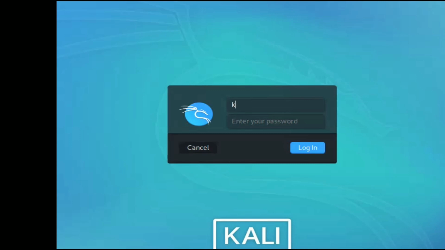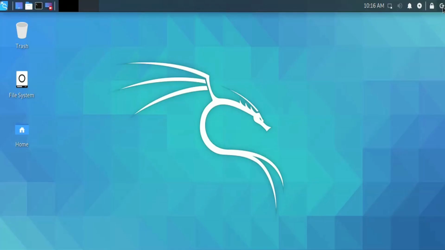So guys, we are successfully logged into the system. Now we'll just check out a few simple things which every beginner wants to know. This is the login and log off. This is the lock screen, and this is the computer, weekend, presentation mode, power option,